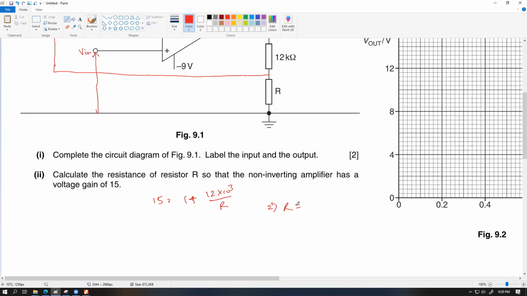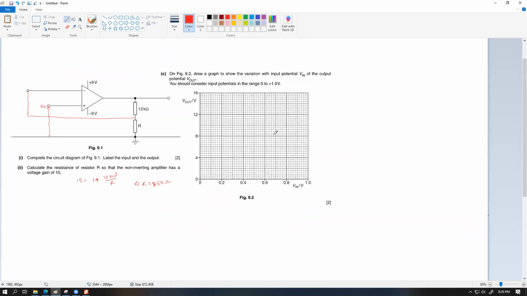Twelve into 10 to the power 3 divided by 14. স্যার গেইন 15 বলে দিছে কোশ্চেনে। 860, sir, approximately. 857.14। আচ্ছা, আমি 857 লিখলাম। 12 কিলো ওহম তো 2SF, তোমরা চাইলে 860 লিখতে পারো, আমি 857 লিখলাম, সমস্যা নাই। 857 ওহম, 3SF। আচ্ছা, এর পরের পার্টটা হচ্ছে আমি যেটা নিয়ে ইন্টারেস্টেড। পরের পার্টটাতে কী বলছে খেয়াল করো।